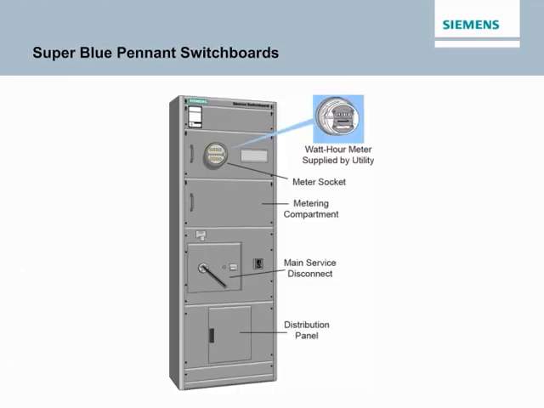Siemens Super Blue Pendant switchboards are service entrance switchboards with the main service disconnect and distribution devices contained in a single unit. Super Blue Pendant switchboards meet Electric Utility Service Equipment Requirements Committee (USERC) specifications. The metering compartment has provisions for mounting a utility meter on the door. These switchboards also have test block provisions, use buried hot sequence utility metering, and have a fully bused power company